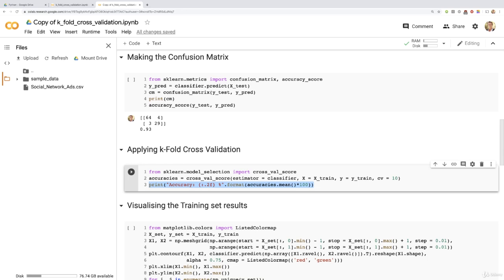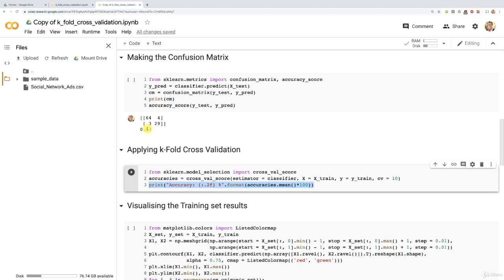Because since we're getting 10 different accuracies, it would be very interesting to see what variance we had among these accuracies. For example, let's say that the mean of the accuracies in that list is 93%. Well, we would have 2 very different situations if on the one hand we have some accuracies close to 98% and others close to, let's say, 84, 85%, but all of them averaging at 93%. That's the first situation, and that situation would be very different than having some accuracies very close to 93%, like 92, 93, 94, 92 again, 94 again, etc. Close to the average. And that's something we can get with the standard deviation,